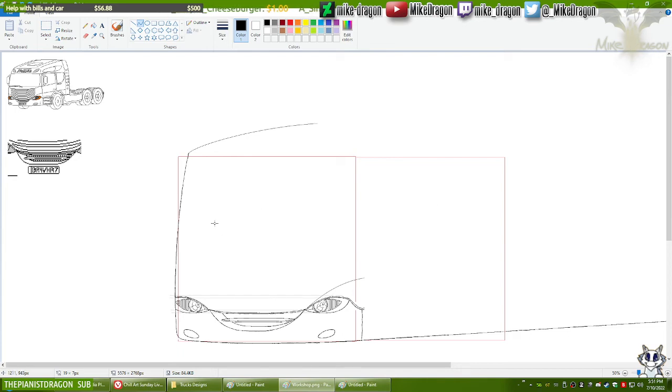Right now, we want to draw the windshield. This line, the correct spot. Sure.